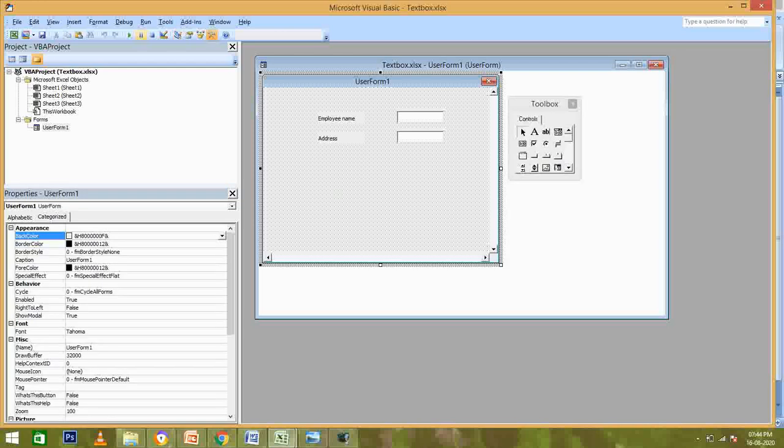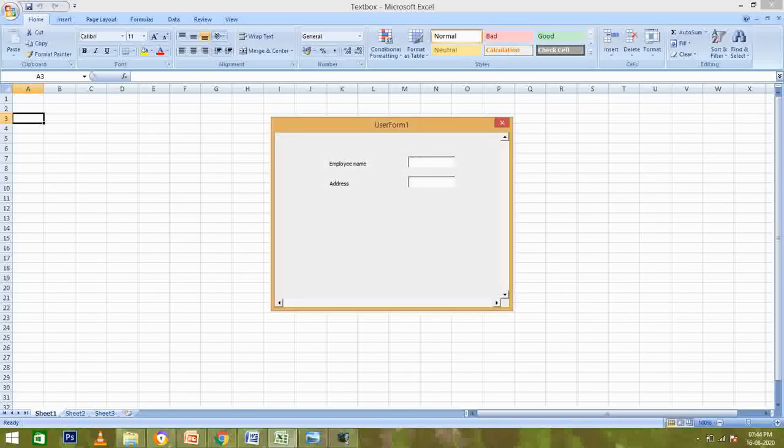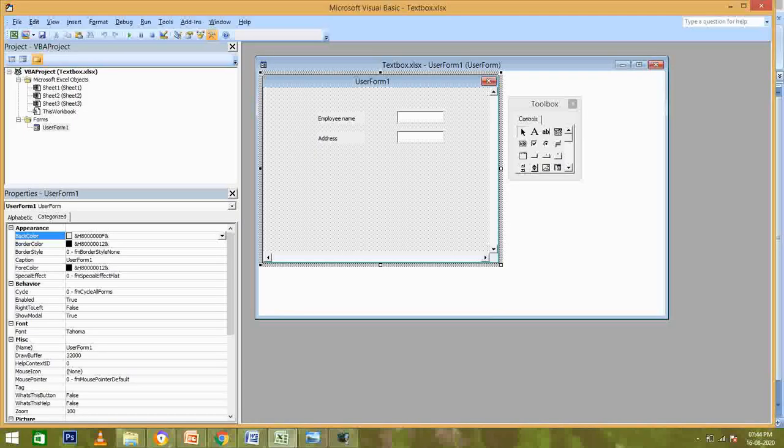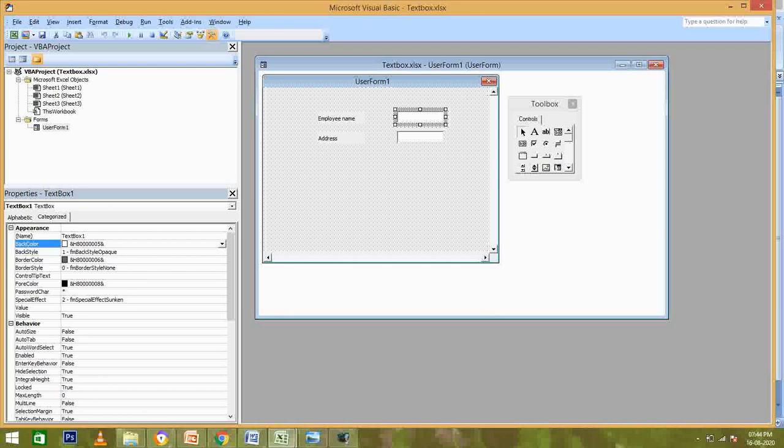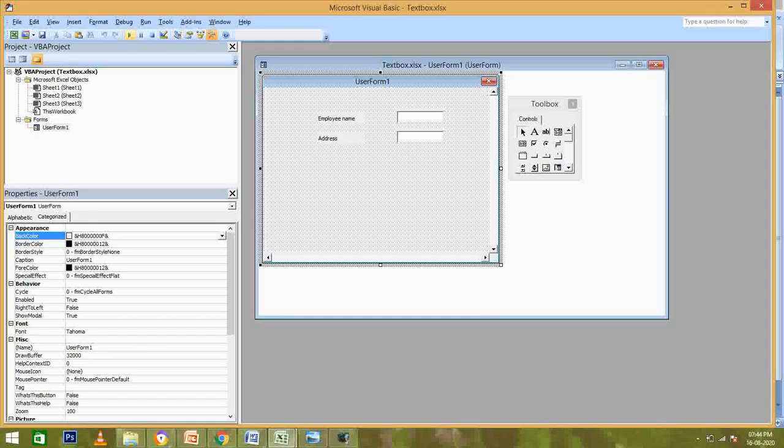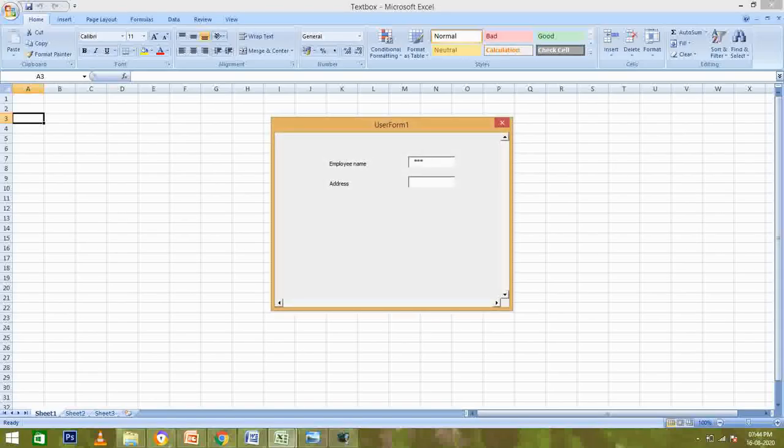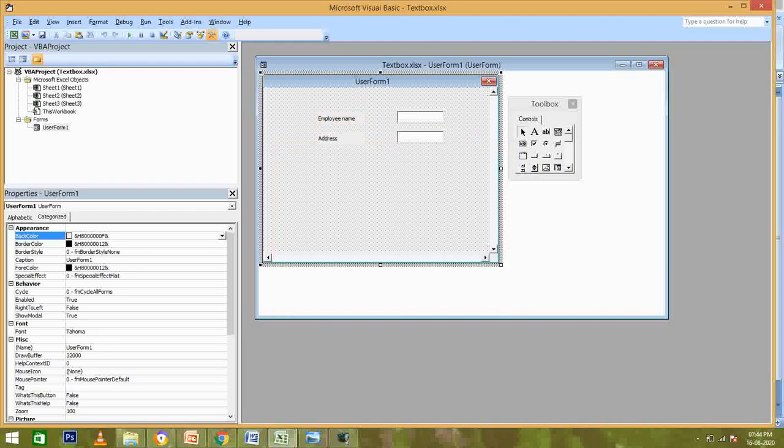So whenever I am running the program and I am typing anything over here, it is set to lock. That's why I am not able to type anything. So I will first change it from locked to unlocked. What I am doing is just changing it to false. Now I am running the program. You can see I can type anything, but no one is able to see it. It is coming as asterisks. So it is required when you are taking data like a password or for security reasons. This is very important. Then we will move to its next property.